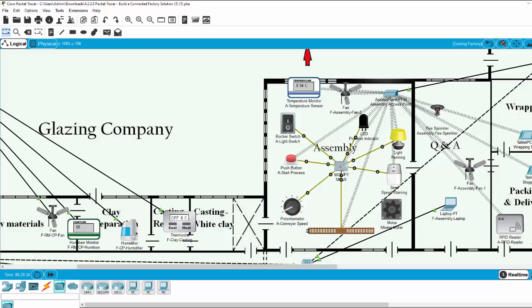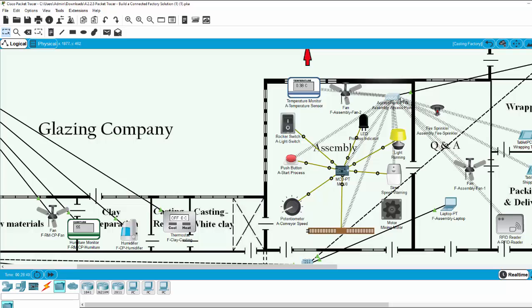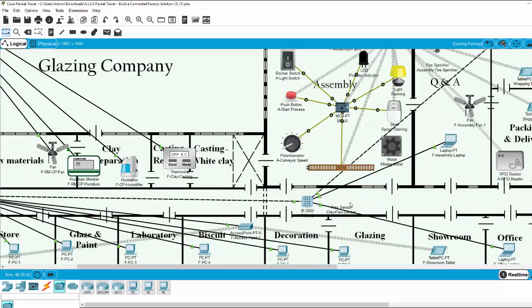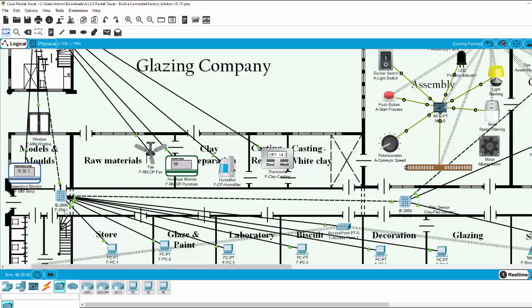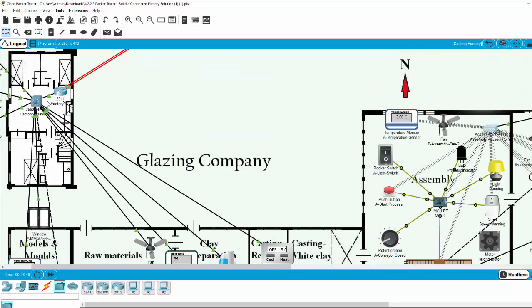And the MCU is connected wirelessly to the wireless switch, and the wireless switch is connected to the industrial switch, and from the industrial switch connected to the backbone core switch to the main switch,